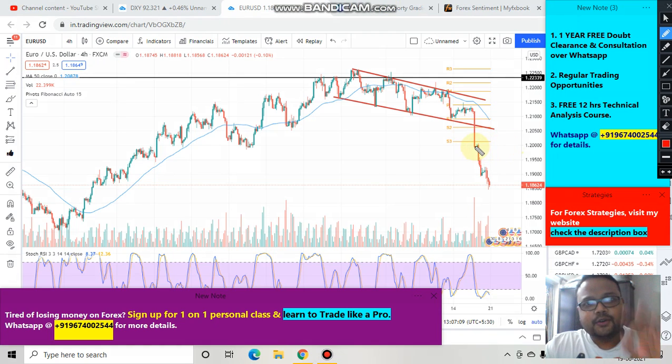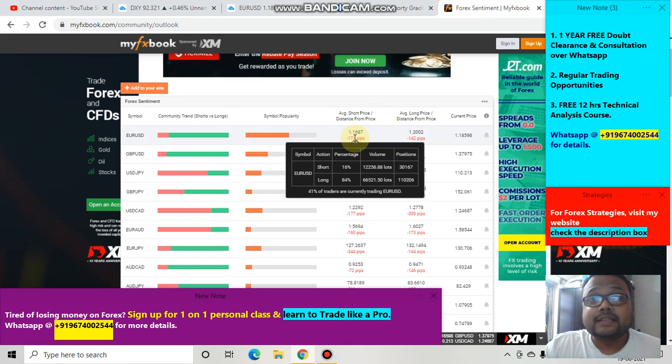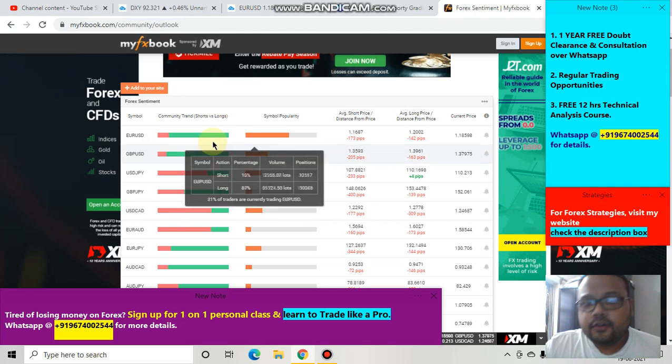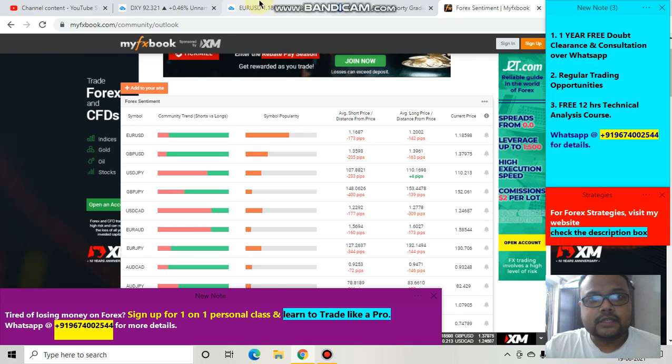The average buying position or long position of the retail traders is at this level, and right now we are at this level. Just look at the huge difference, and we are down by an average of 173 pips from the average retail position of the Euro USD. But keep in mind one thing. This sentiment signifies the long position of the retail traders, and as we all know, 90% of retail traders lose money in the market. This thing happened because, see,